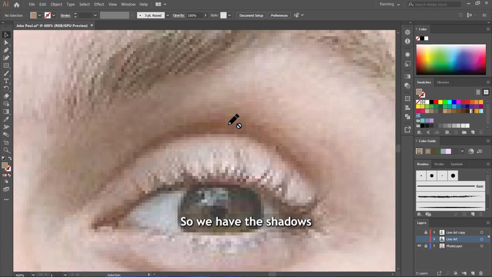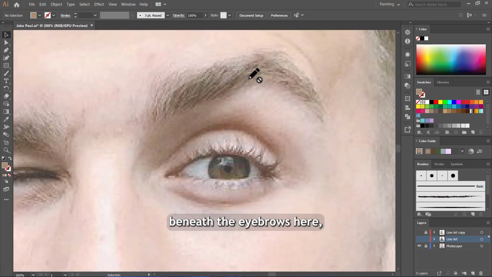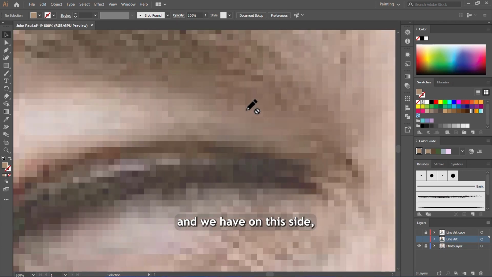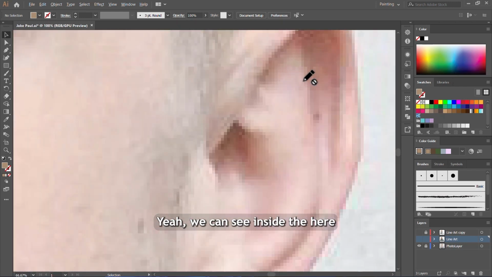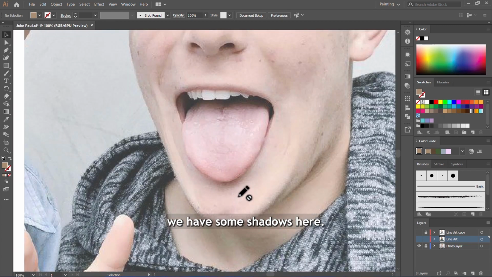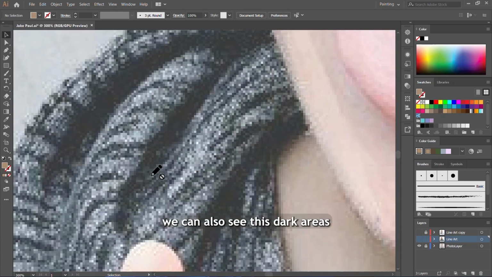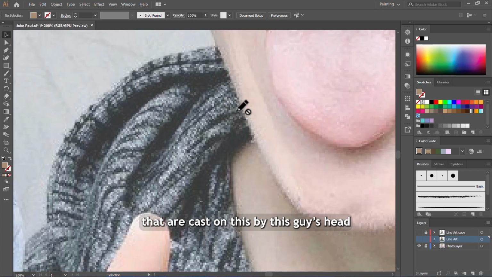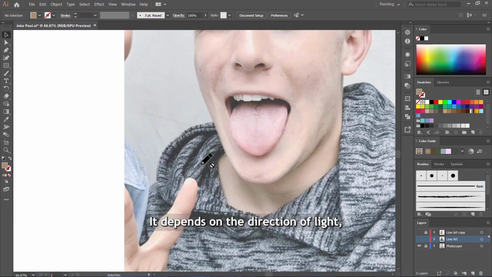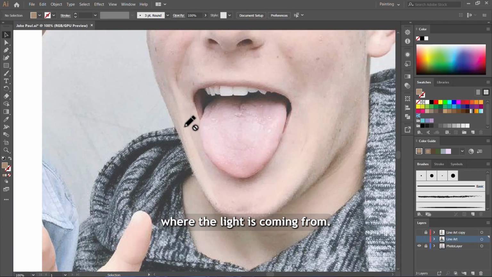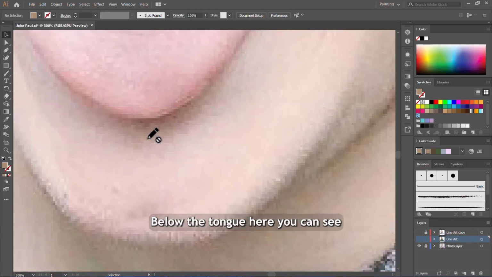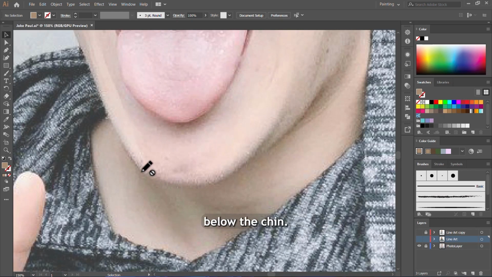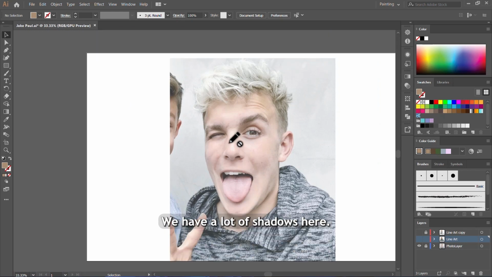So we have the shadows beneath the eyebrows here, and on this side we have under the hair here and there. Here we can see inside the ears we have some shadows, and then when you come to the body, we can also see these dark areas. These are the shadows cast on this by this guy's head. It depends on the direction of light, where the light is coming from. So we can also see shadows around here. Below the tongue here, you can see below the chin we have a lot of shadows,